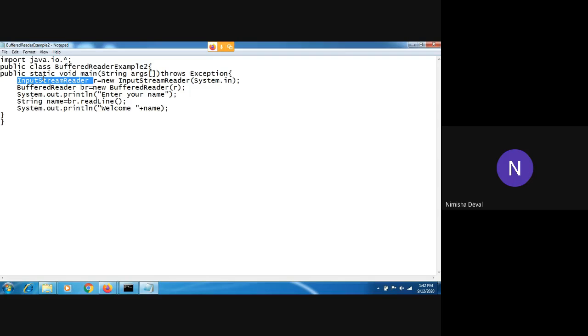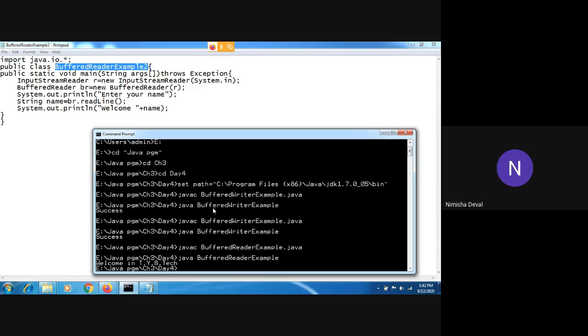Right now we have seen it with the help of a FileReader stream. Now, with the help of an InputStreamReader you can also read data, meaning whatever data you write on the console window, you can read and reflect in front of us. So I will execute this program. There is no necessity to use a file in this program. You can directly take the input and run that program.